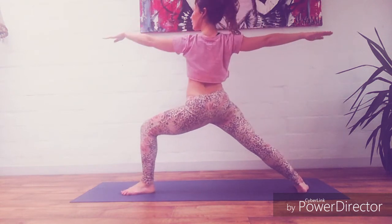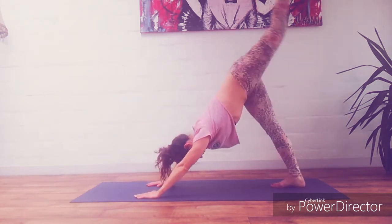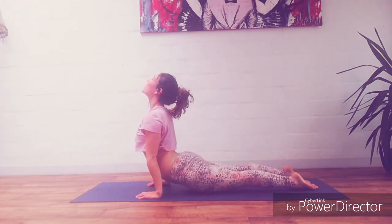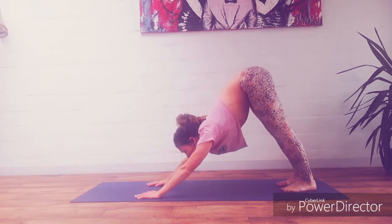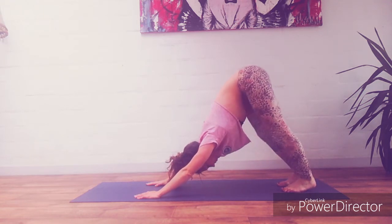Last breath here, come back through warrior two, shoulders are low. Fold over the front leg, swipe the leg up, and let's go through vinyasa. Now in this down dog, we're going to stay a bit longer, bend the left leg and the right, and